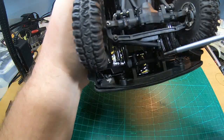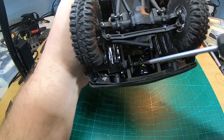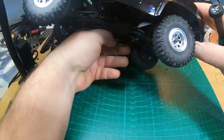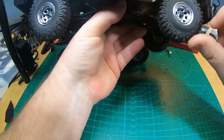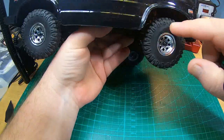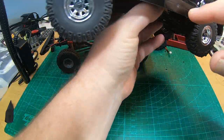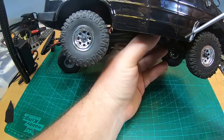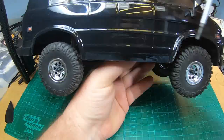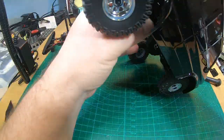And that way it's also super easy to adjust the position of the body. So for wheelbase, or for the wheels sitting in center of the arches, the wheelbase is okay of the CR-18, but to move the body front and reverse. And on the back side